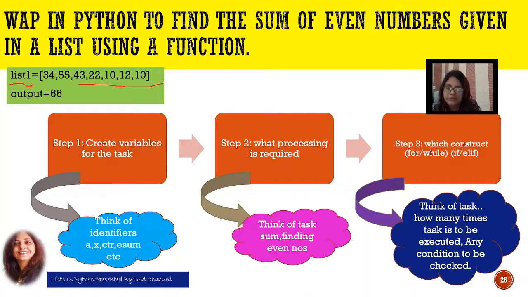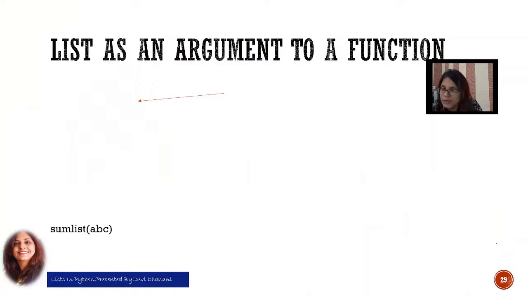Next, if the task is repetitive or condition based, so how many times the task is to be executed or any condition to be checked, accordingly we need to frame an algorithm for that. Now here what I need to do is find the sum of even numbers. To write a program, since I said the first step is to create variables for the task, let's